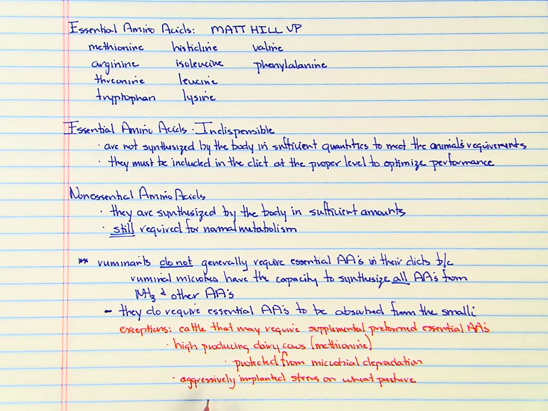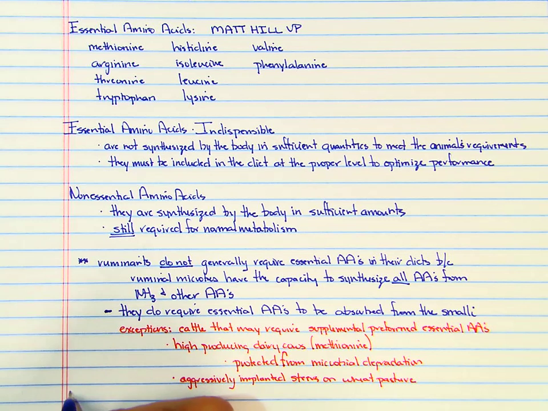Okay. Anyway, aggressively implanted steers on wheat pasture. The reason wheat pasture matters is wheat pasture doesn't provide a lot of bypass protein, or escape protein, we'll talk about that later. And aggressively implanted, we're increasing their growth, and so when we increase their growth, that really changes their amino acid requirements. So when we look at amino acid requirements, and this is for all classes of livestock, and even people,